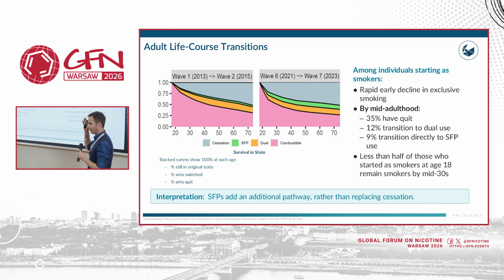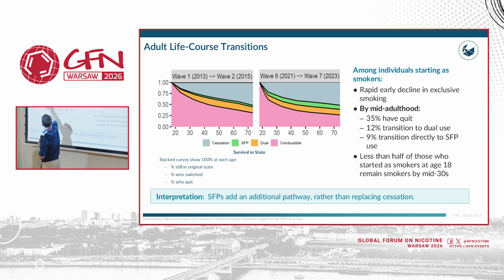So let's look at what we see from adult life course transitions across time. Here I'm going to be looking at 2 transitions. One transition is wave 1, so how people from 2013 to 2015 behaved. What you see in this diagram is what happens to a hypothetical or typical 18-year-old smoker. An 18-year-old smoker has a 100% chance of being a smoker at age 18, right? But over time,